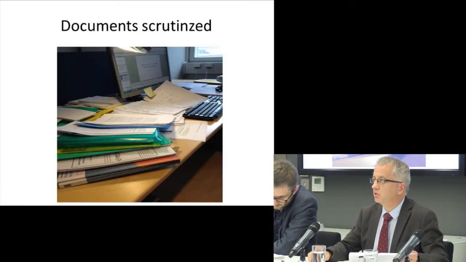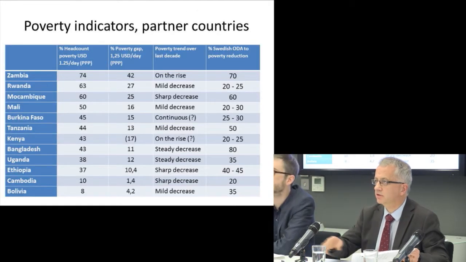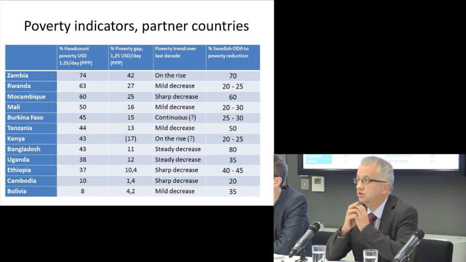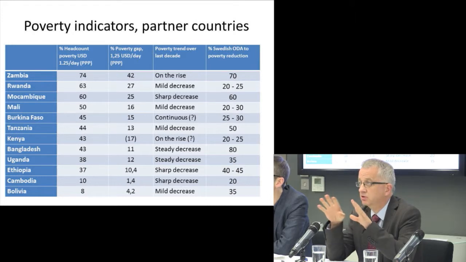Now there is a table which I have certain problems with, but there's a table here. Maybe you can't see everything, but these are the 12 countries in the left-hand column. They have been ranked here according to the head count poverty incidence. I also added the poverty gap to see to what extent these figures are relevant, because they come from household